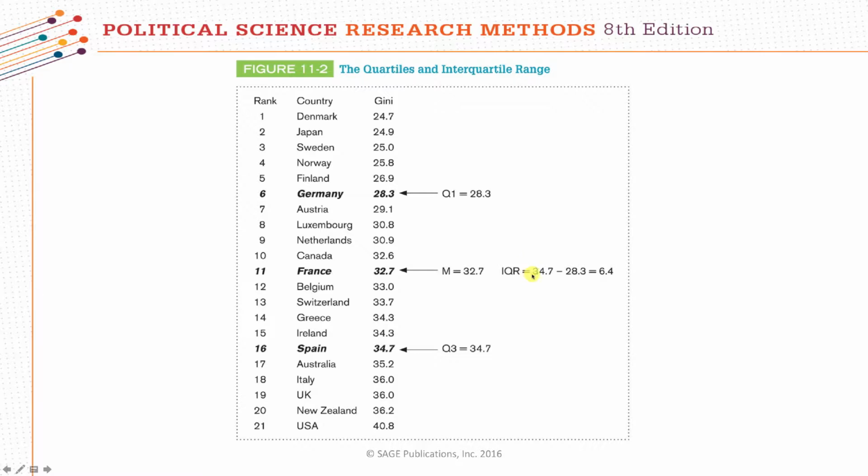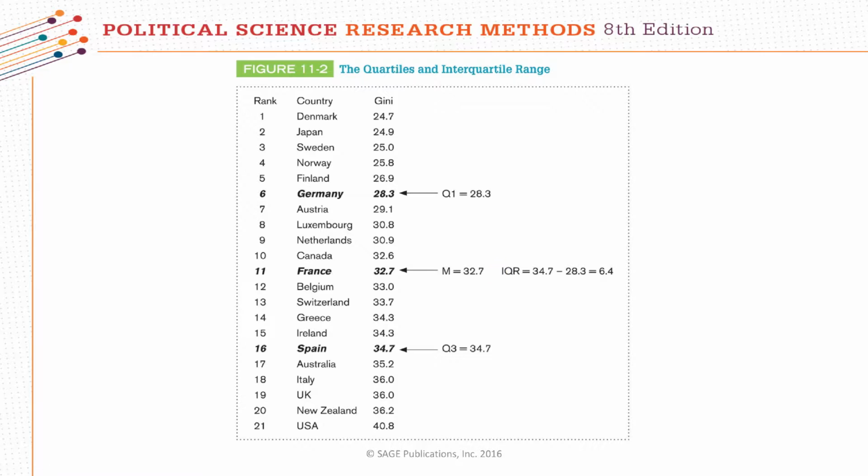And so to get the interquartile range of the Gini coefficients for the given nation states we have, we take the highest level of interquartile, so 34.7, Spain's Gini coefficient, minus the quarter one observation, the median for the first half of the data, 28.3, and 6.4 is our interquartile range. So for these data, we have a median Gini coefficient of 32.7, with an interquartile range